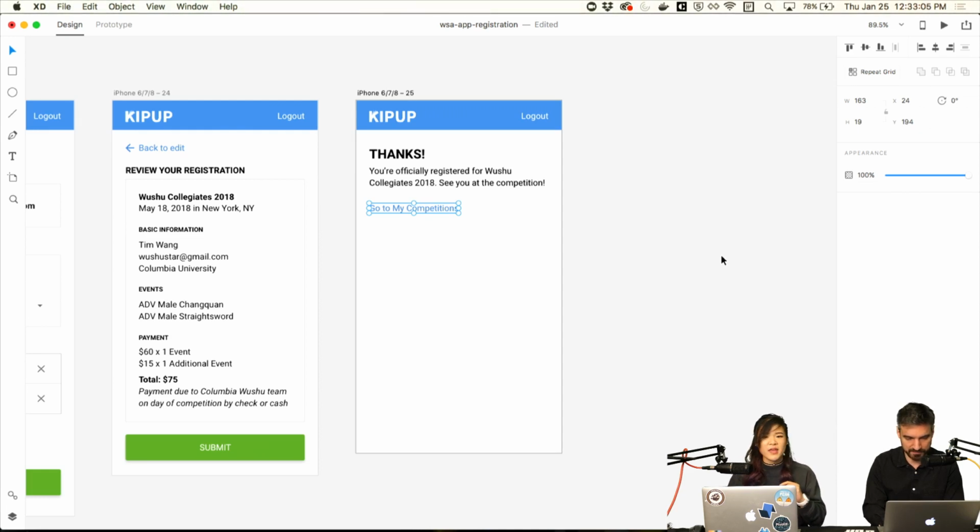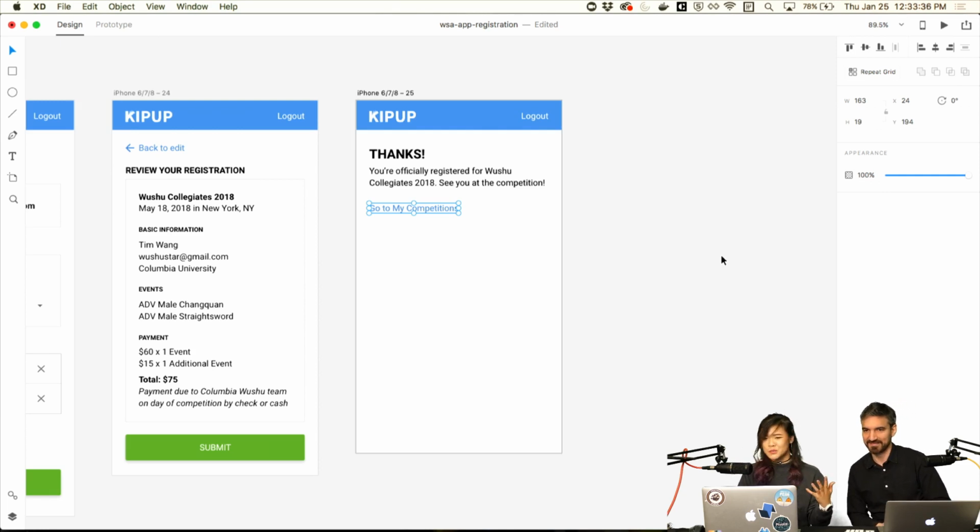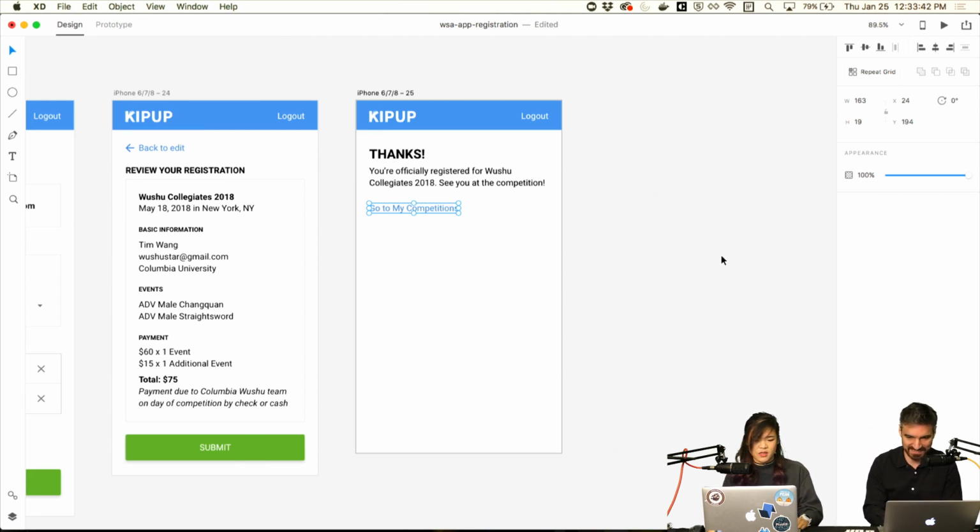That would also be sort of a competition dashboard page where I could say, oh, I actually want to make changes to that registration, or I want to drop out of that competition. That would all be on that page. And that would be the experience for a user if they just went to kipup.io and logged in: a My Competitions page. And he understood that term exactly, because I wasn't sure whether to call it a competition dashboard or something fancy. Dashboard. But yeah, it was really neat that he responded well to that, or knew exactly what I meant by that.